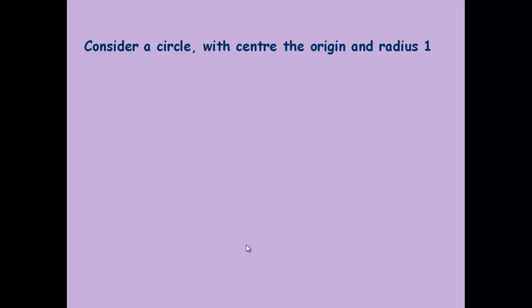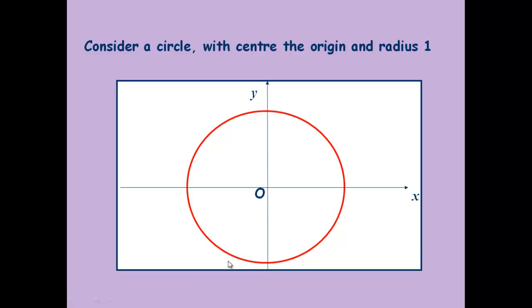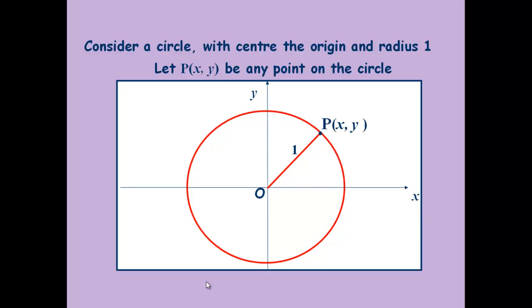We're going to start off with a nice easy circle, centred at the origin with a radius of 1, a unit circle. We're going to let xy be any point on the circle, so we've just randomly placed a point here, but this could be any x and y value that's on the circle. And if we now consider the length x and the length y,